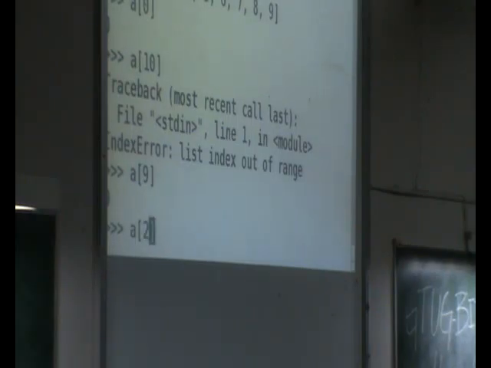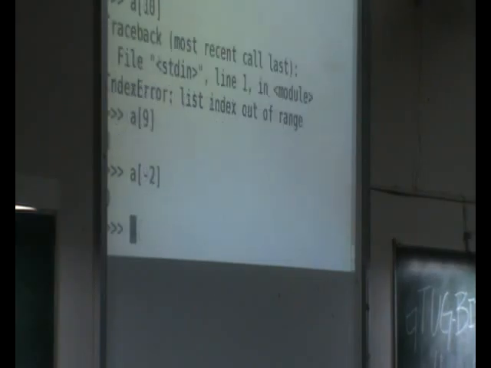A of 2. I expect an answer for this. What is a of 2? What is a of minus 2? 8. Reverse indexing, very useful. Okay, can someone tell me what I'll get for a[6]? What might I get? 0, 1, 2,